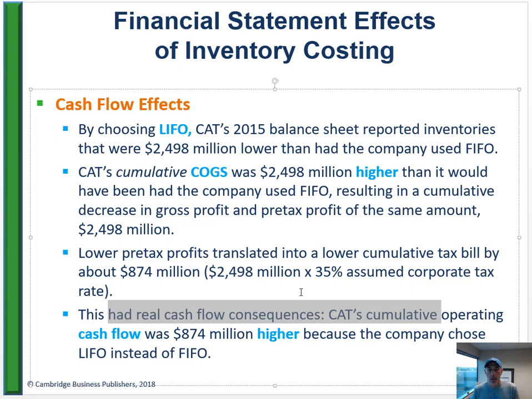Okay? If management has a significant ownership in the company and they're thinking like a true owner would, then they may elect LIFO to purposely lower earnings, because that in turn is going to lower the tax payment and